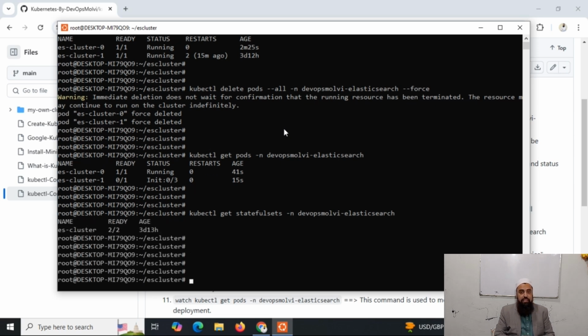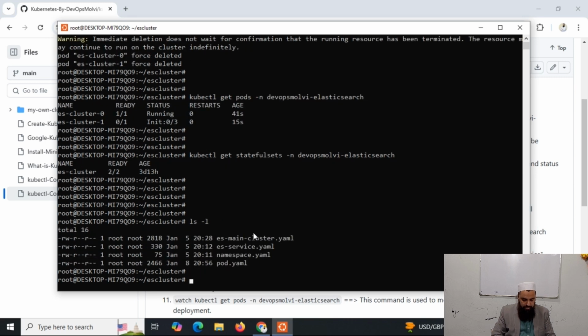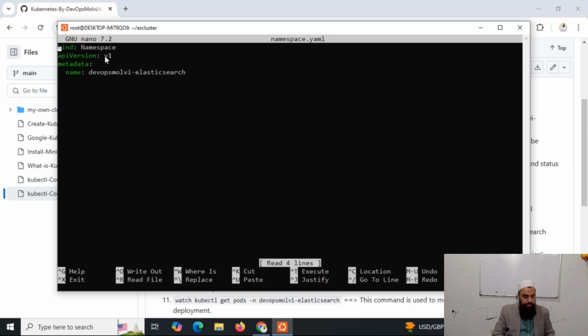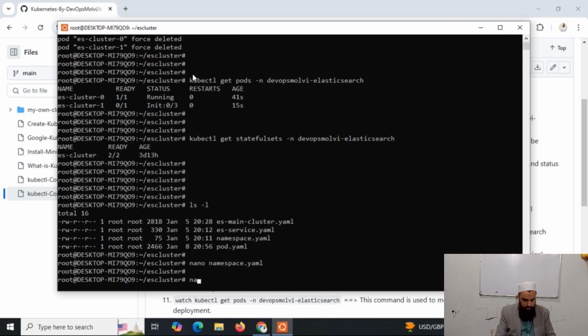Now you can see I have a stateful set with the name ES cluster. This is a stateful set with two pods. And if I want to delete this stateful set, I can run kubectl delete. By the way, I have used YAML files to create these stateful sets, namespace, and service. If you want to see, I have used this namespace, nano namespace.yaml. It has created this namespace DevOps Molvi Elasticsearch, and if I want to see the service ES service, and this